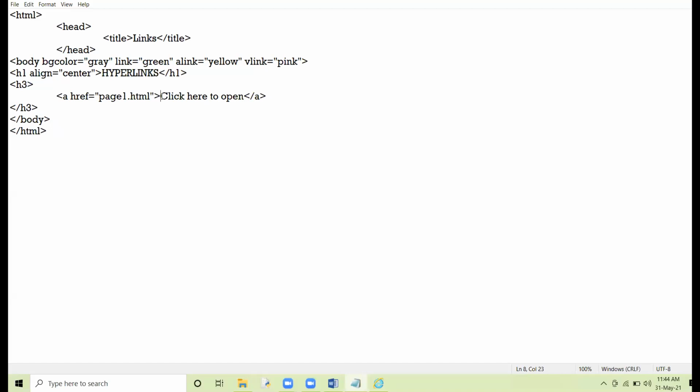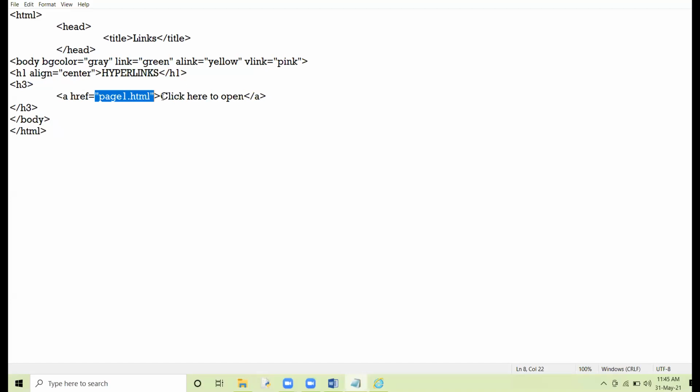Clicking on the hyperlink, click here to open. आपने जब इस hyperlink पे क्लिक किया, this web page will get open. Page 1.html. Right? Clear?